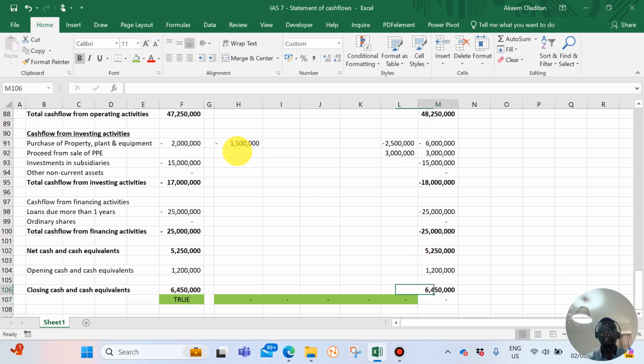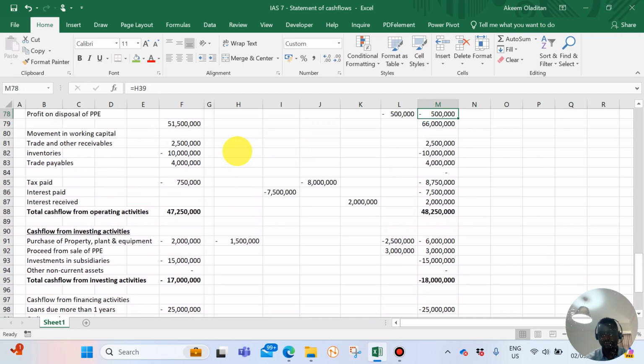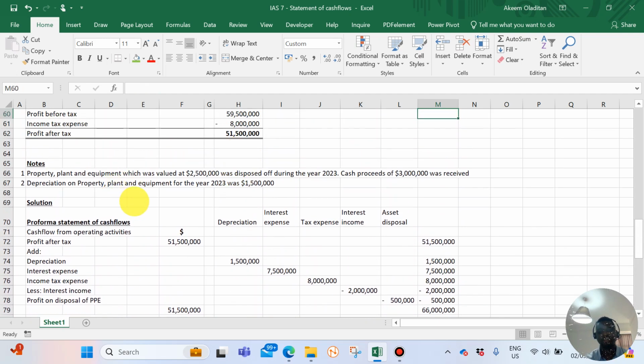You see that our cash flow will always balance. So even if the question is so tough, just follow this approach, and with this approach you will be able to